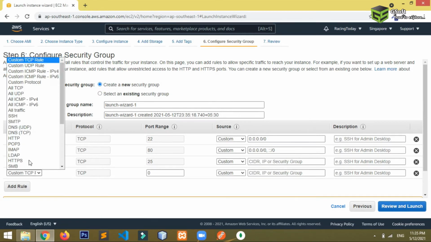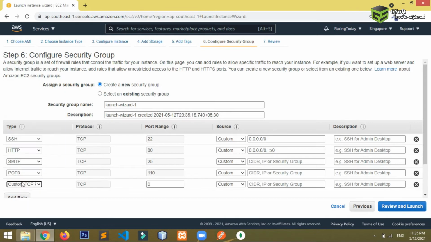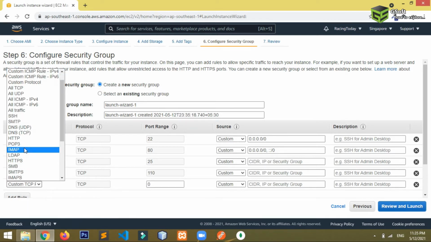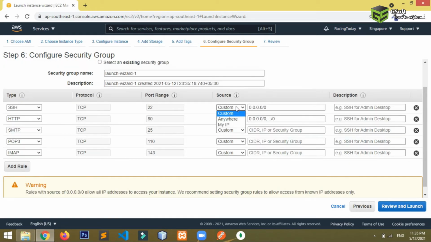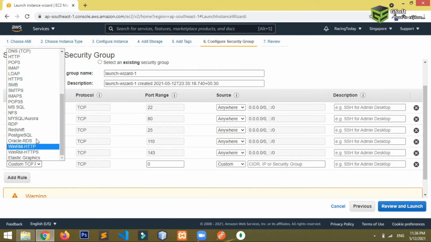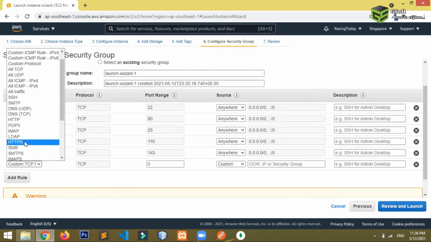SMTP, I want to use POP3, IMAP. So the source will be from anywhere. HTTP will be from anywhere. I will set it all to anywhere, because this should be accessible from anywhere. Anything else is not required, I think, for now.